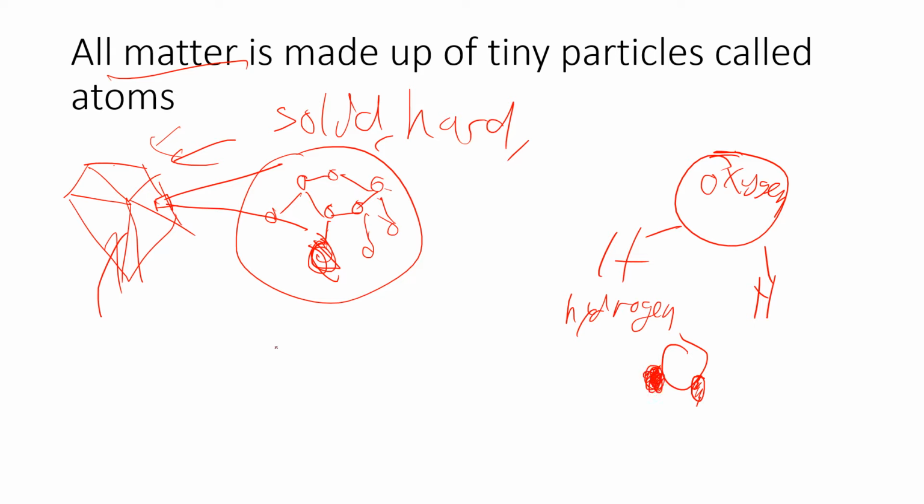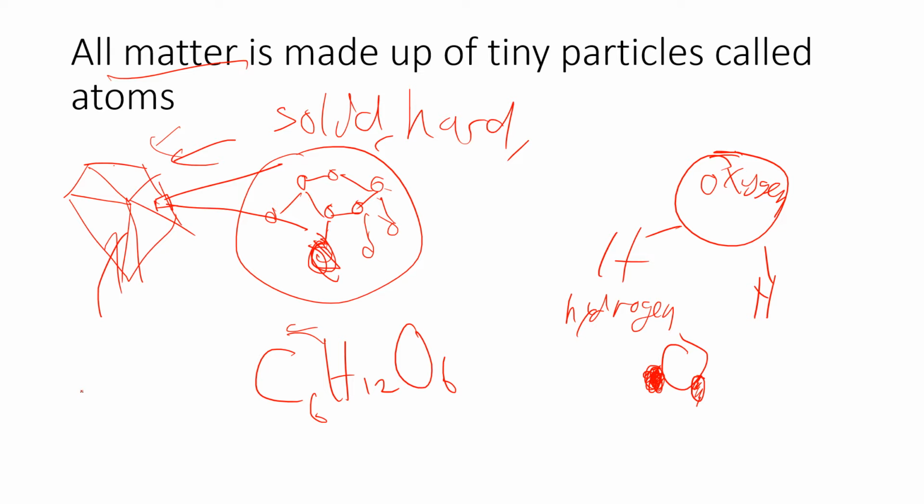Anything you see, for example, the food that we eat, is also made of tiny particles called atoms. Most commonly it's in the form of glucose, right? So we have 6 carbon atoms bonded to 6 oxygen atoms, and those oxygen atoms are bonded to hydrogen atoms as well as some carbon atoms. So everything you see, everything around you, all matter, and even